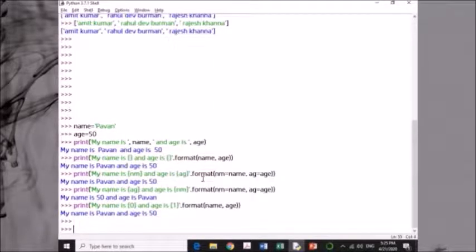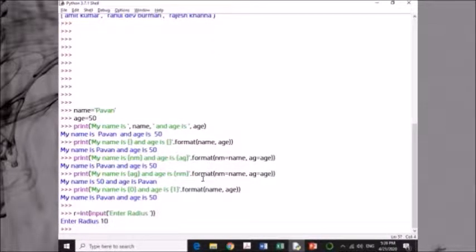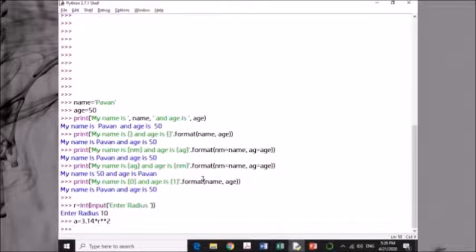I want to make a program to find the area of a circle. So how we will start with, say, r is equal to int input, enter radius. Say you entered the radius as r. Area is equal to 3.14 into r square, like the power operator.